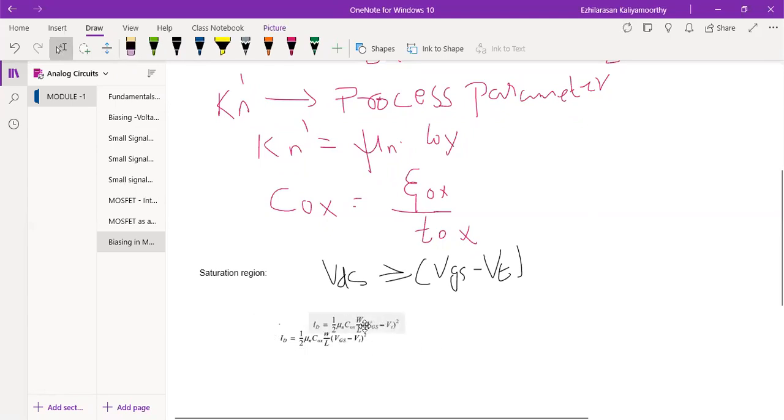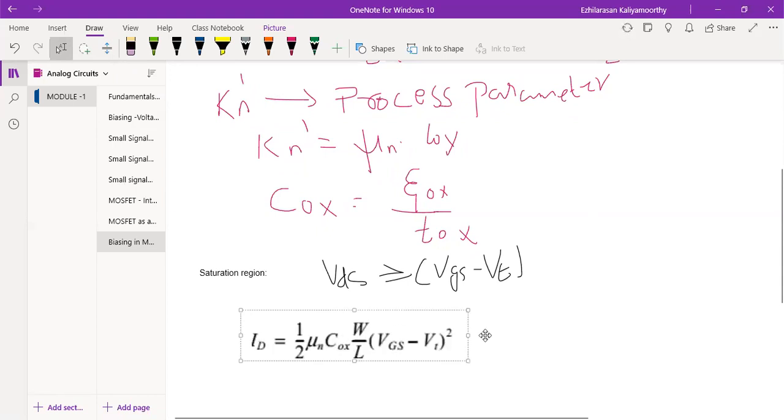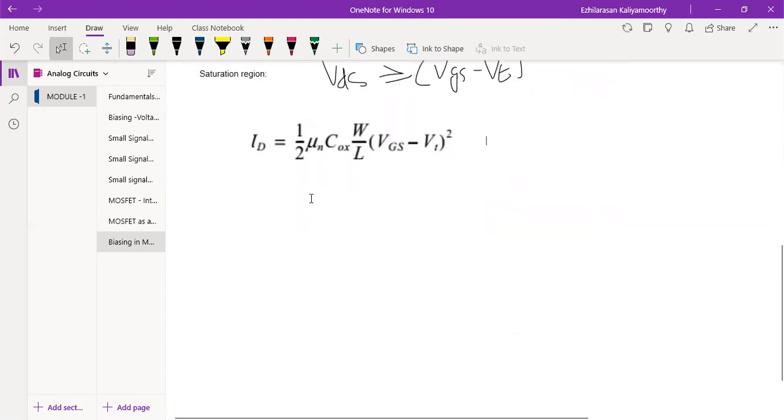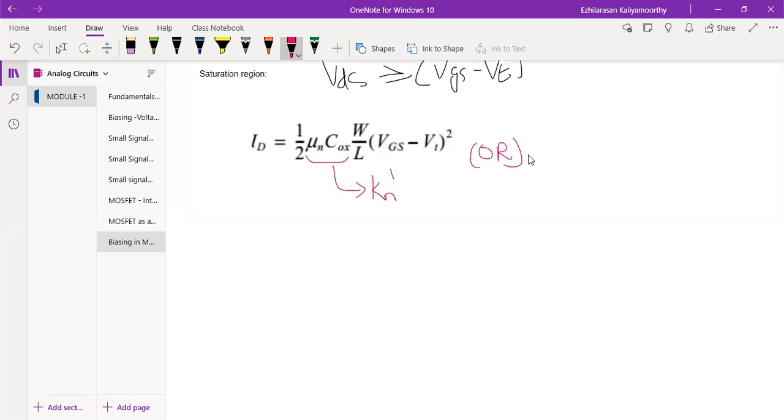Yes, the drain current equation is this. See here, it's a process-dependent parameter. This mu n and C naught x is nothing but, I will write, sometimes we may write as Kn dash, the process dependent parameter. Or sometimes this expression can be written as, in some of the books you can see, ID